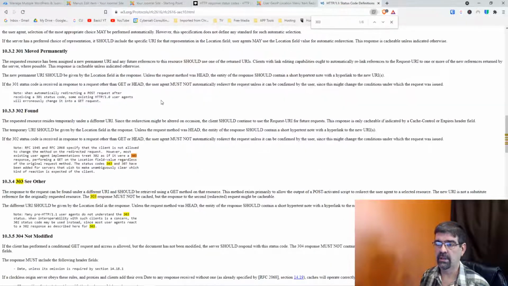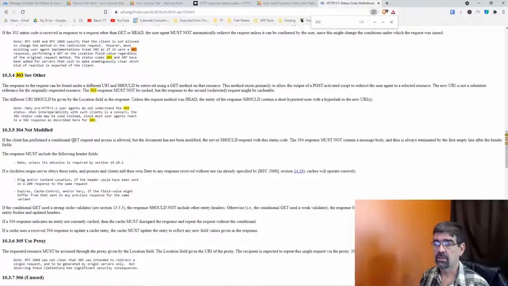Let's just read on here. If the client has performed a conditional GET request and access is allowed, but the document is not being modified, the server should respond with this status code. The 304 response must not contain a message body and thus is always terminated by the first empty line after the header fields. The response must include the following header fields: date, unless its omission is required. If a clockless origin server obeys these rules, the proxies and clients add their own date to any response received, which caches will operate correctly. If the conditional GET uses a strong cache validator, the response should not include